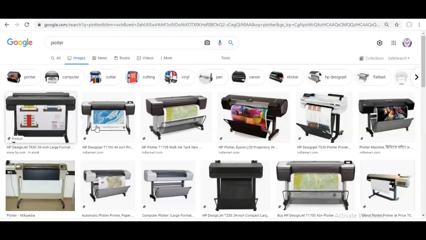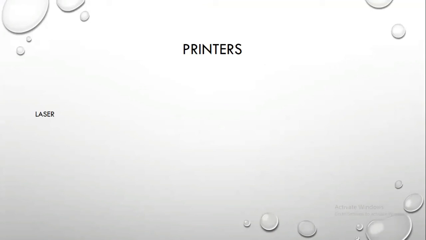You can see this is like a cutout or a big poster-like image. So it can be printed on this type of device. You can't print that on a normal printer because of the large size, because there is a limitation of page size in the normal printers that we are using, in laser printers or desktop printers, whatever.